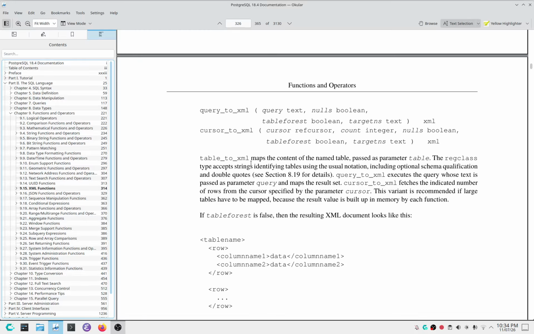So table_to_xml maps the content of the named table passed as parameter tbl. The regclass type accepts strings identifying tables using the usual notation, including optional schema qualification and double quotes. query_to_xml executes the query whose text is passed as parameter query and maps the result set. cursor_to_xml fetches the indicated number of rows from the cursor specified by the parameter cursor. This variant is recommended if large tables have to be mapped because the result value is built up in memory